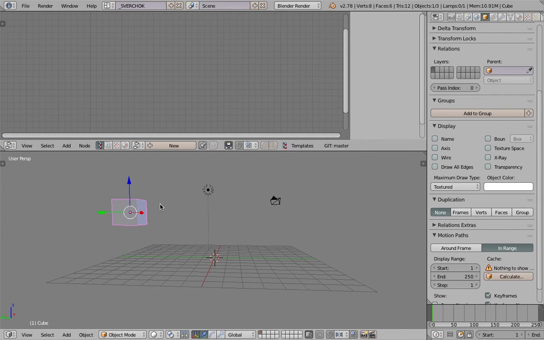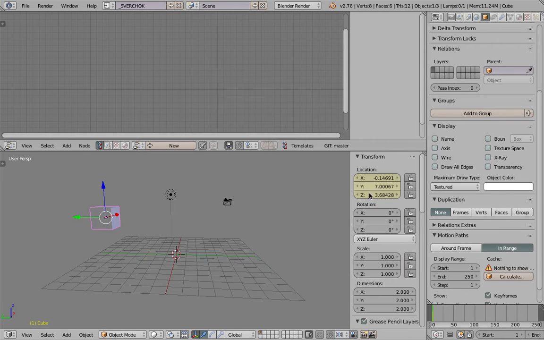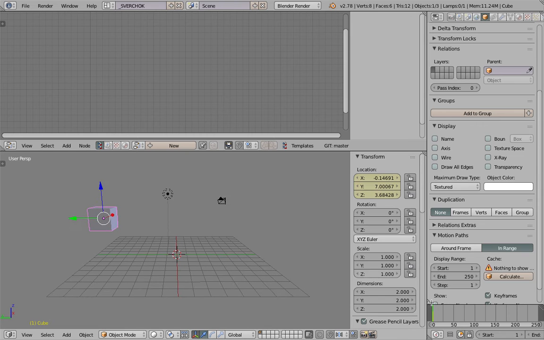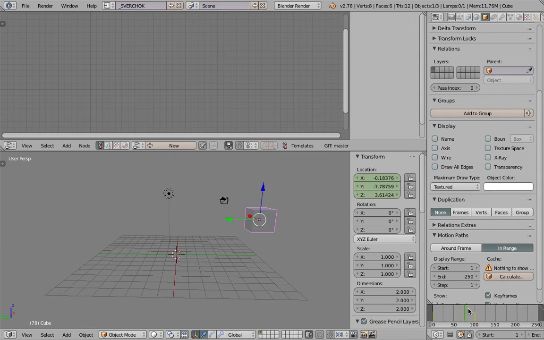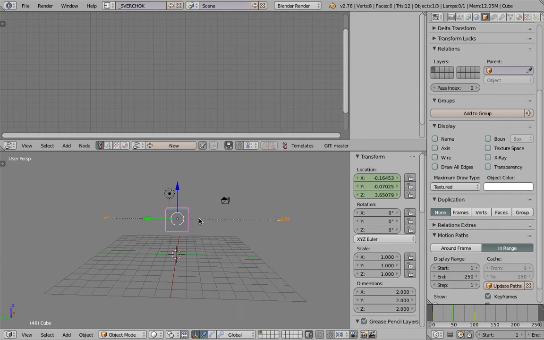Create a simple keyframe animation. I tap I and then keyframe the locations. You can see the keyframe on the location there, and I just go to around frame 100 and keyframe once again there, and we can see that linear animation. And I can now calculate the motion path, just calculate it between 1 and 250, and then now we have